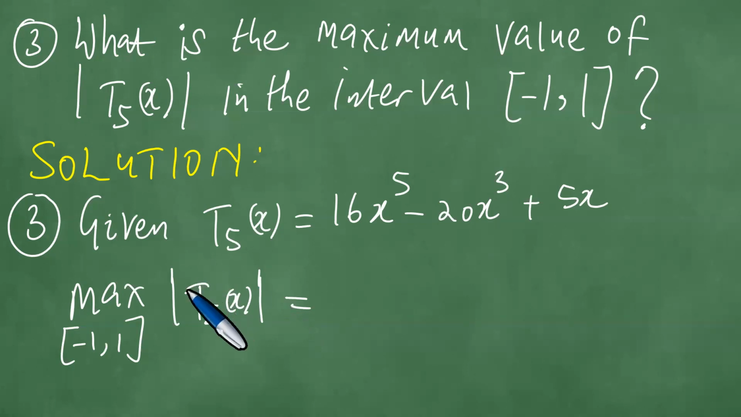So, for example, if you put the number 1 here, this becomes 16 minus 20, which is minus 4, plus 5. It gives us 1. What about if you put minus 1? It becomes minus 16 plus 20, which is 4, plus 5, which is 9. So either way, an analysis of this function demonstrates that the maximum